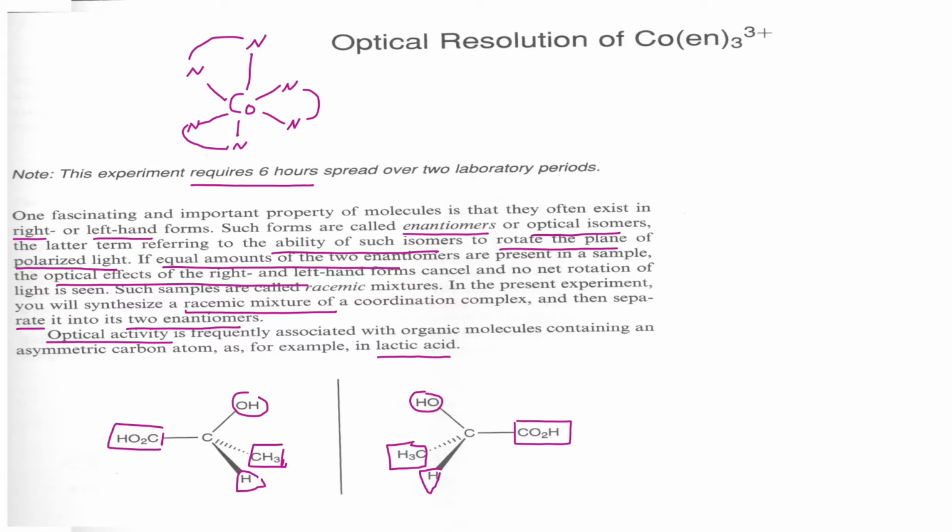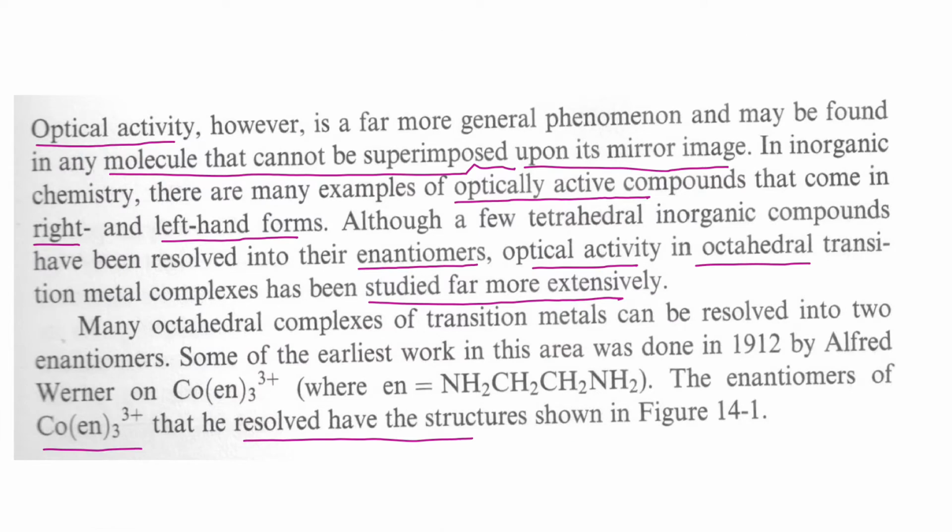For example, like the left hand and right hand, they are non-superimposable mirror images. That's why they call it chiral, which means the left hand is a mirror image of the right hand. But if you superimpose them on top of each other, they don't superimpose. This is the first part of the experiment, and the optical activity is a general phenomenon, and we can find it in any